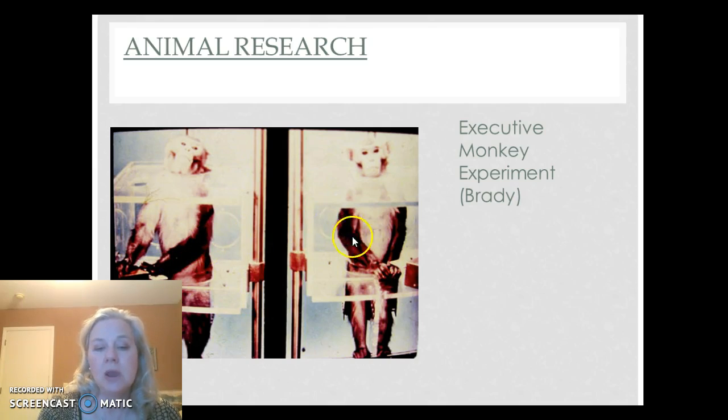The monkeys were in pairs, and resting under their feet were wires that actually produced a slight shock. One of the monkeys was the executive and could turn off the shock. The other monkey was not the executive and had no control over the situation. Now, I'm not really even going to go into any more detail on this study, because all one has to do is look at the picture and realize that this is clearly not a good use of primates in research.